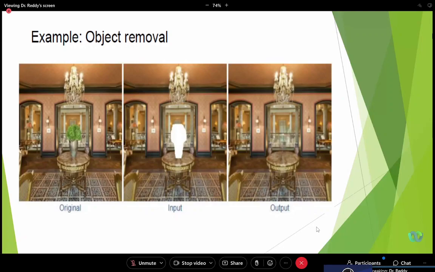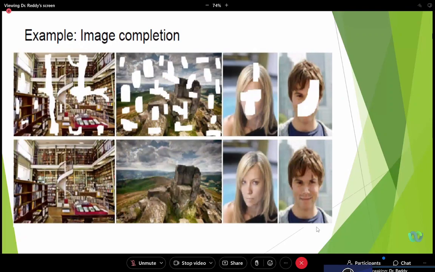So this is known as the object removal problem. On the other side, we have the image completion problem. In the image completion problem, we have an image with some missing region, not a specific object. So I'm going to reconstruct this. How do we reconstruct? For example, just a simple example: if you take the fourth image, the person has a right eye, but the left eye is missing, right? Can you see this?